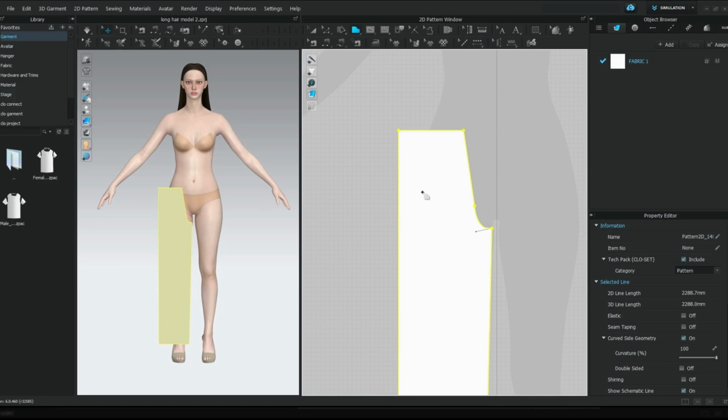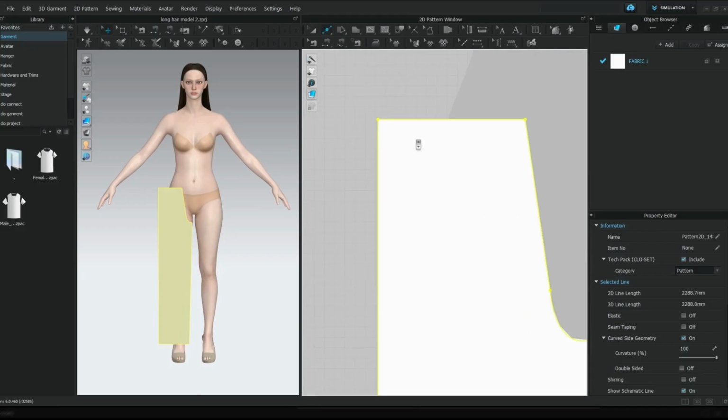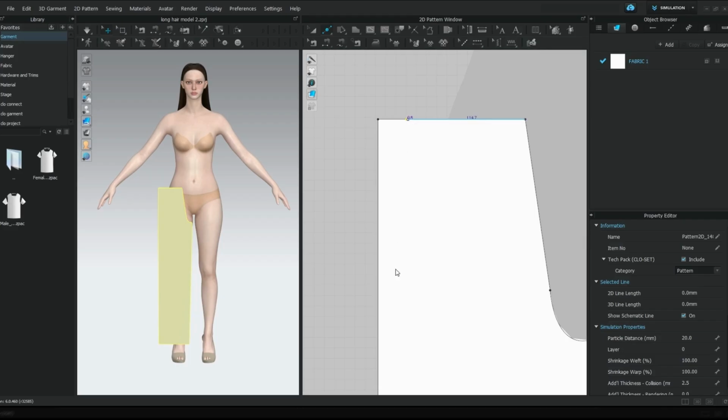Now click on edit pattern, that's right here, and now add a point. So let's add a point here. Now right click on that point,